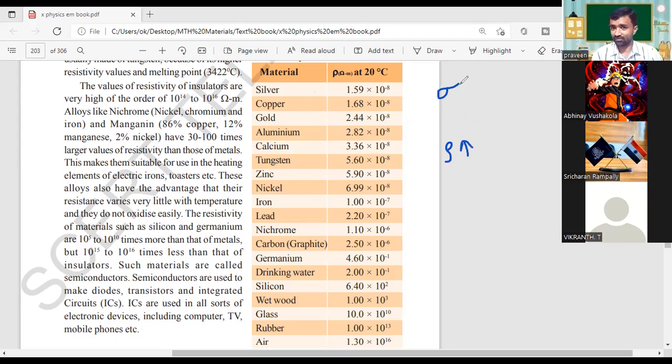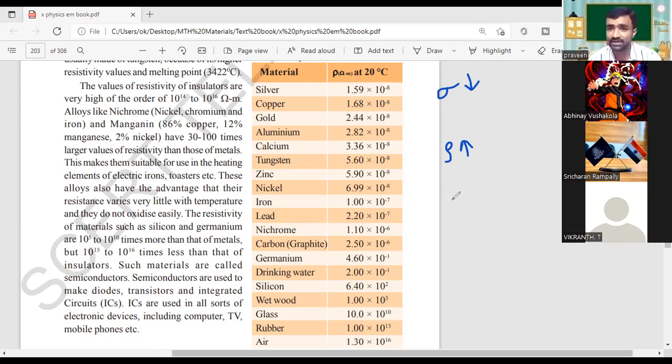What about the conductivity? Decreasing or increasing? Decreasing. Conductivity decreasing, falling down. So here, among all these materials, silver, copper, gold, aluminum, calcium, tungsten, towards the last one, air,